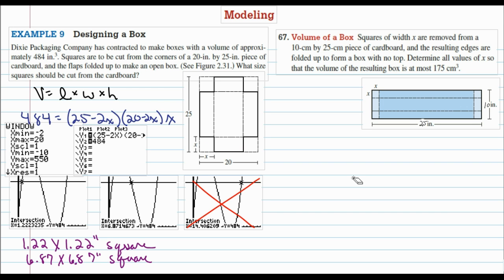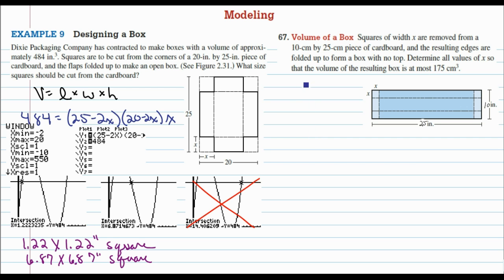Now try problem number 67. Same kind of situation as example 9. There are squares of width x that are removed from a 10 centimeter by 25 centimeter piece of cardboard, and the resulting edges are folded up to form a box with no top. Determine all the values of x so that the volume of the resulting box is at most 175